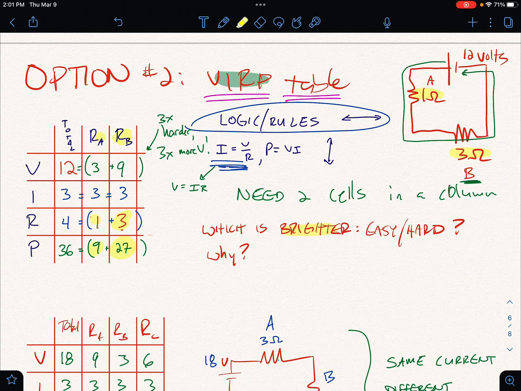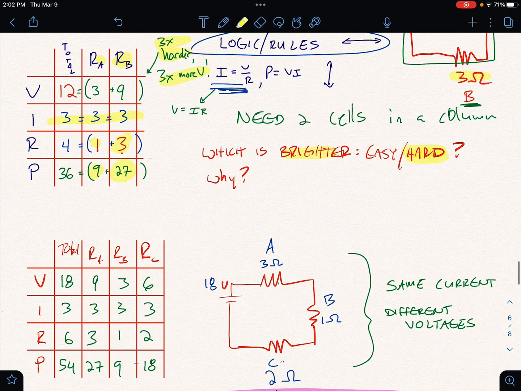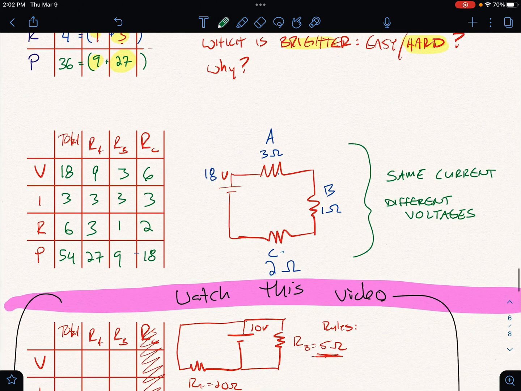We could also notice that because it's 3 times harder, it got 3 times more voltage, and since the currents are the same, that means it got 3 times more power. So in series, the harder one is going to get more energy every second and more energy per every electron, because every electron has to go to all the light bulbs, and they'll spend a bigger share of their energy on the hard one. So I asked you to do this one on your own in class, and what we